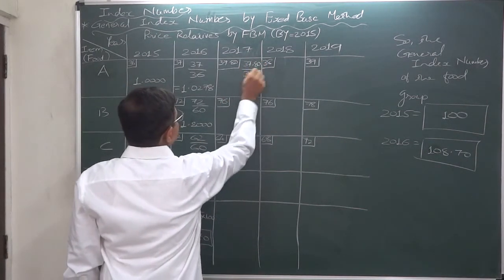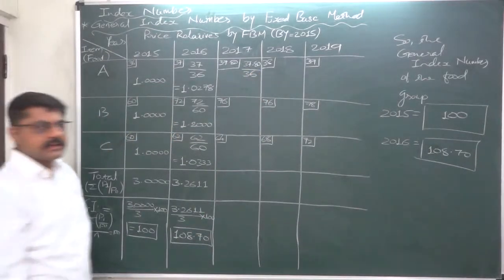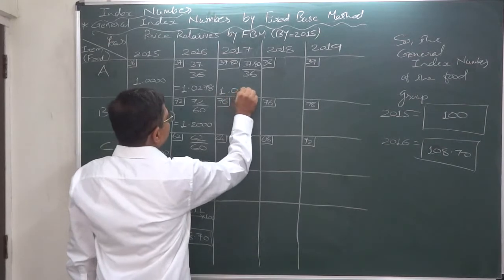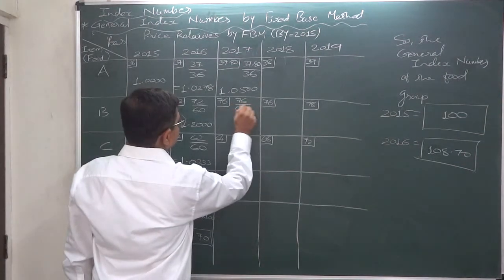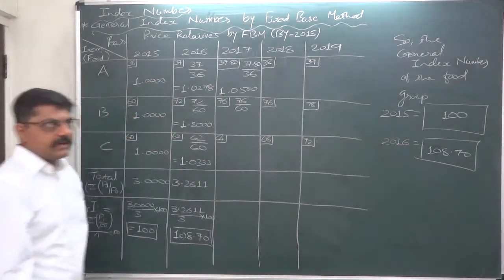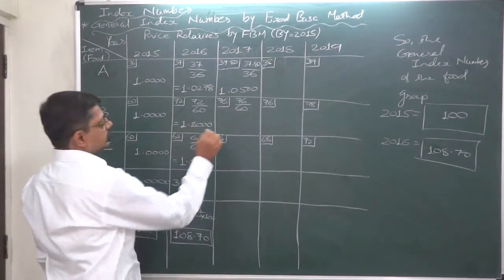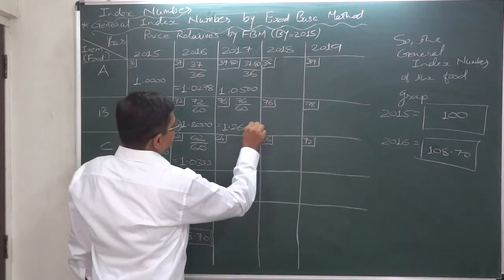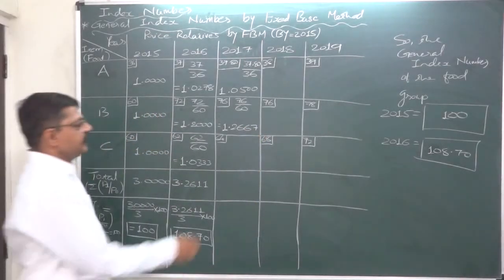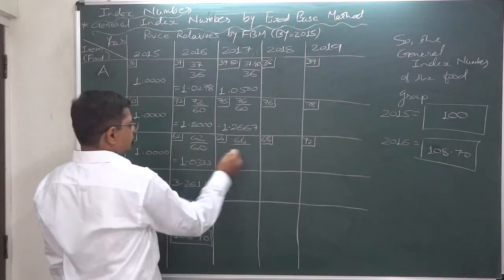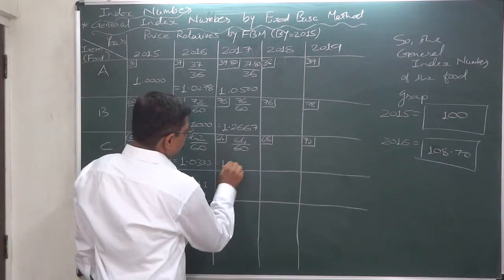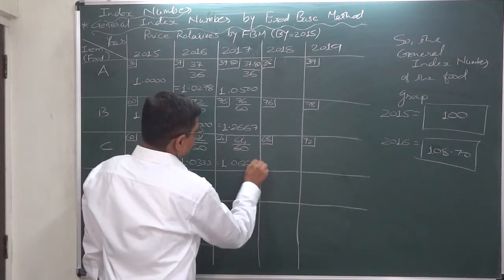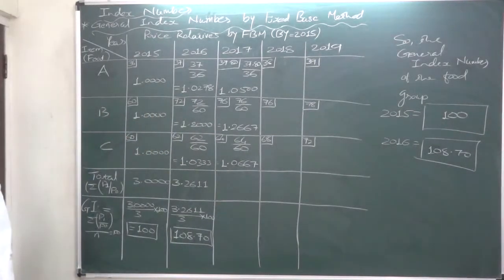37.80 divided by 36 will be the price relative for A, and that is 1.05. For B it will be 76 divided by 60, that is 1.2667. And for C it is 64 divided by 60, price in current year divided by price in base year. So it is 1.0667. So now we have price relatives or price index numbers for all the 3 items A, B and C